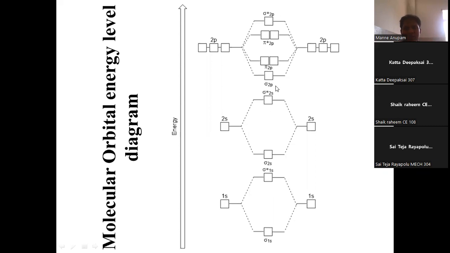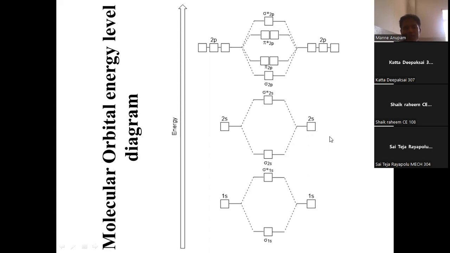All right. So in yesterday's class, we had learned about what is meant by atomic orbital, what is meant by molecular orbital, and what is meant by linear combination of atomic orbitals. And we have taken hydrogen as an example, and we have seen how atomic orbitals are combined to form molecular orbitals. What are the two molecular orbitals? One is bonding molecular orbital, and another one is anti-bonding molecular orbital. Okay, so then we had continued our class and we have learned